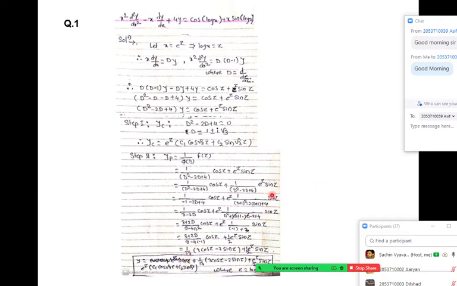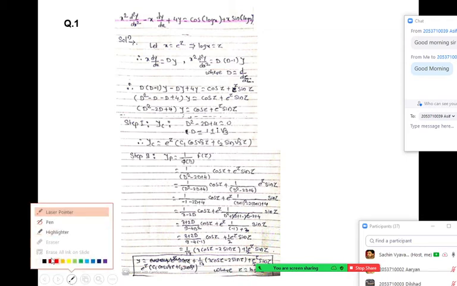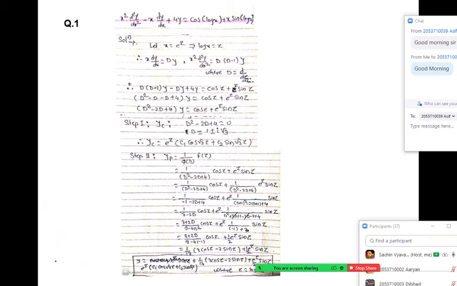Okay, good. But is it a final answer when we say y is equal to yc plus yp? That will be the answer in terms of z, but the original differential equation is in terms of x. So we should write the answer in terms of z, not an issue, but don't forget to write where z is log x. There are two ways of writing the answer. Let me tell you. The first way, yes, you can write the answer like this. Thus, y is equal to